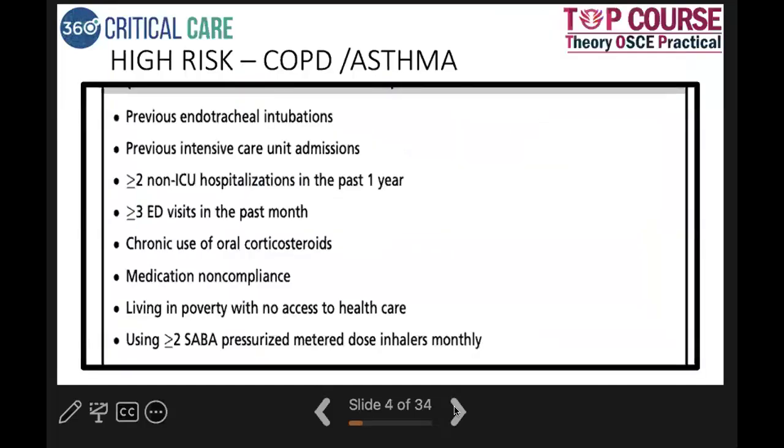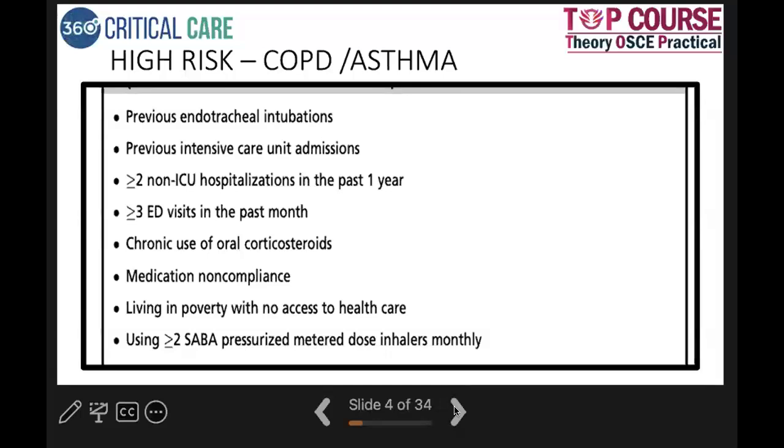So, when should you be cautious in a COPD or asthma patient, when airway protection may be required, anticipating they could deteriorate? If the patient had a previous history of endotracheal intubations during exacerbations, if the patient had previous intensive care unit admissions in previous exacerbations, or two or more non-ICU hospitalizations in the past one year, or three or more ED visits in the past month,